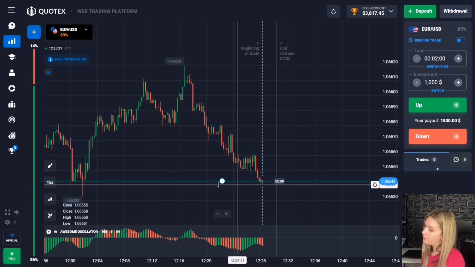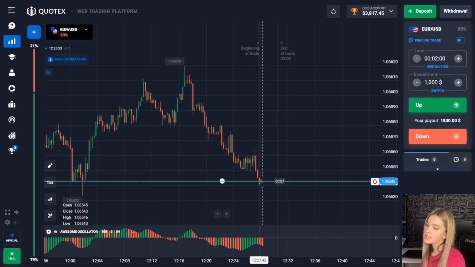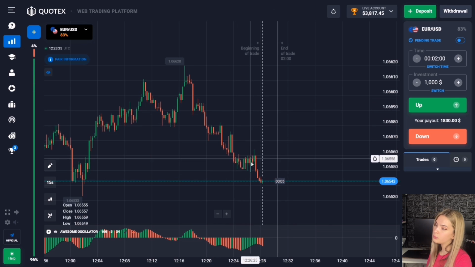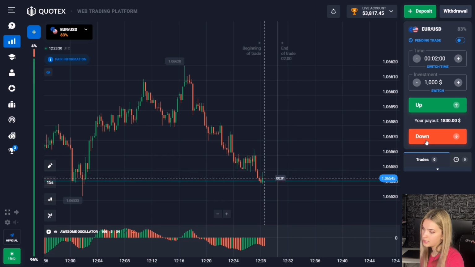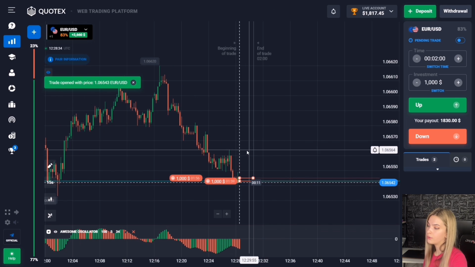So here we have a level of support. We also see that there was a downtrend here. At the moment the price has reached our level, and in this situation we'll open a deal for 2 minutes to go down. I think that in the near future the price will continue to move down and this level